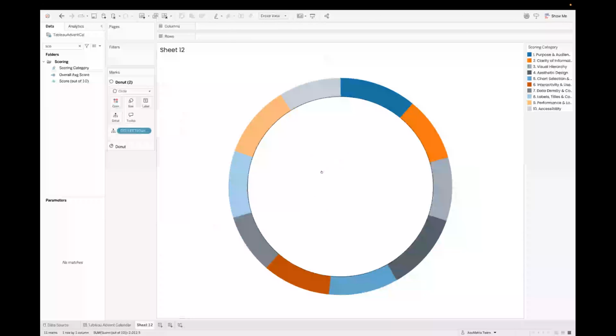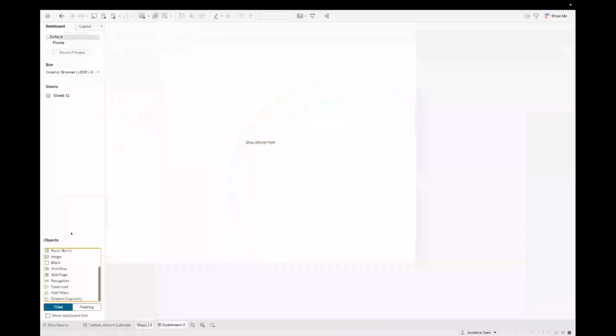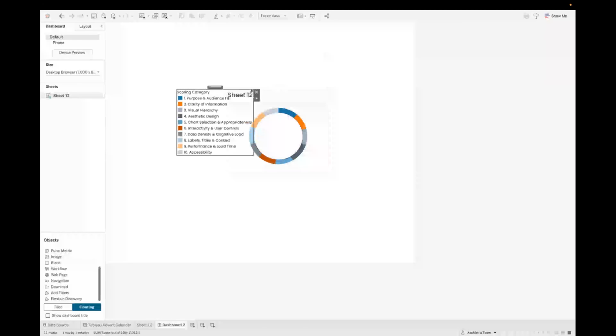And on this one, you can add a label for the average score or overall score, whatever the total is, in the center. Or if you only have two categories that are making up the slices of the pie, you can just call out the one that matters the most. To show how it auto sizes, if we bring this into a new dashboard,